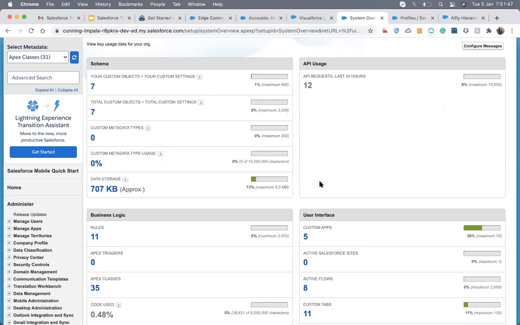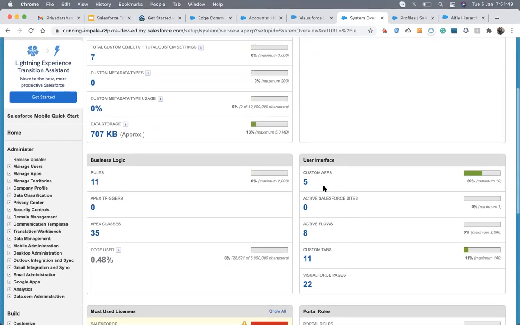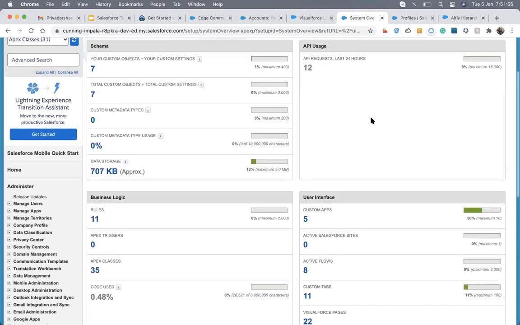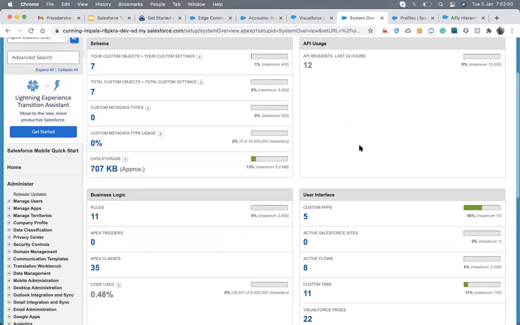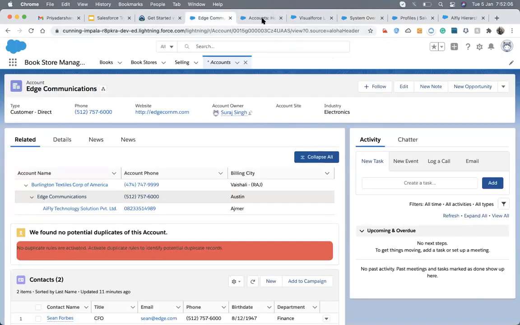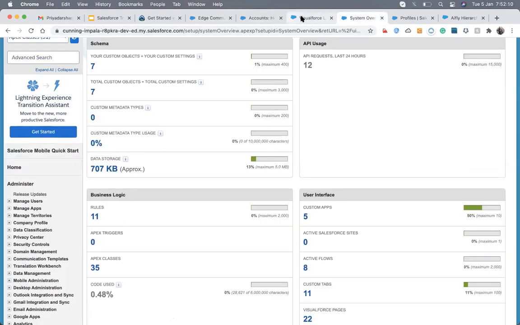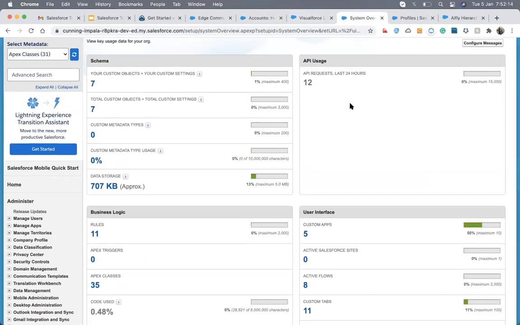But not all the limits are enhanceable, because we can't increase the custom object size limit, they are not allowing that. So every limit is not enhanceable. Also, it does not work for the developer account, it only works for the production account.